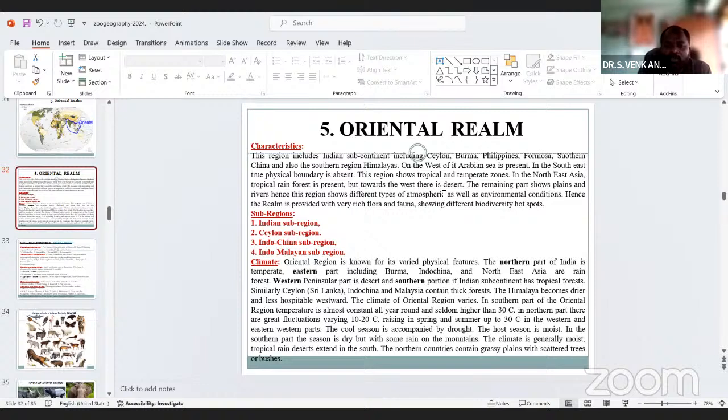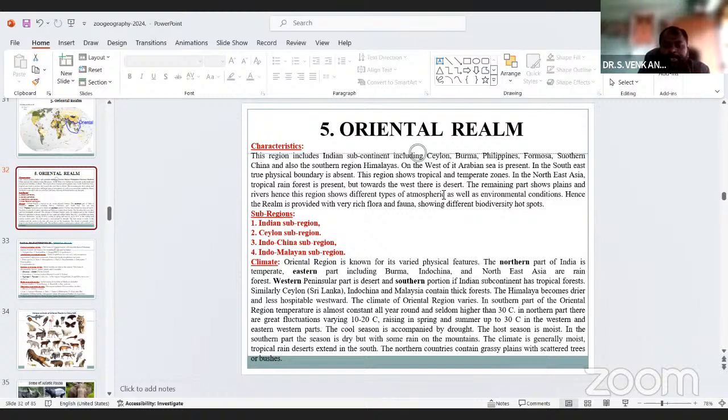Similarly Ceylon, Sri Lanka, Indochina and Malaysia contain thick forests. The Himalaya becomes drier and less hospitable westward. The climate of the Oriental region varies in the southern part.